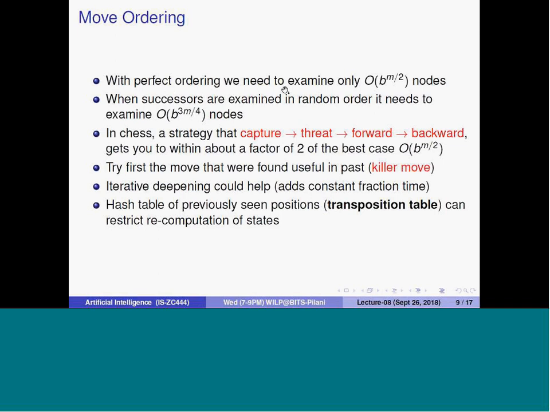So what is the other way? The other way could be, whenever you are at some place, you take a random order. So at a place you take randomly out of the choices, you randomly pick something. This seems to be something that takes b to the power 3m by 4 nodes. Set up that if you don't prune, you are going to spend b to the power m. Now you are pruning, but you don't know the order, you are randomly picking the items to be seen, then it becomes b to the power 3m by 4.